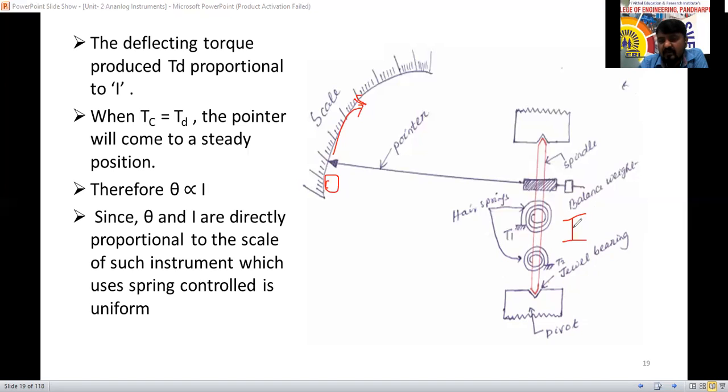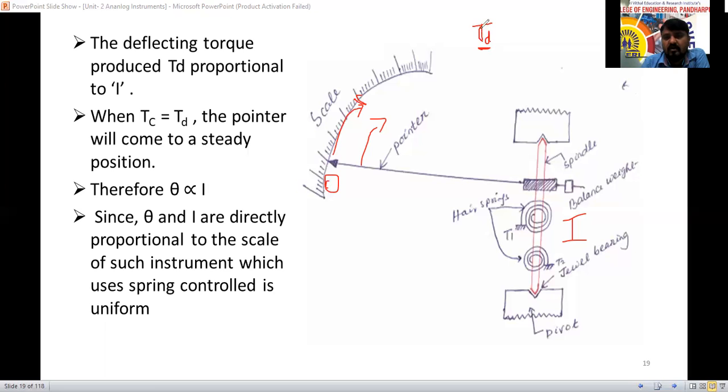Because of supplying the current into this coil, the pointer will start to deflect from 0 value to the non-zero value. So this deflection is called the deflecting force. The initial condition by which the meter operates is called the deflecting force or deflecting torque, called TD. Can I call it TD? Yesterday's discussion: the pointer will deflect to show the value. Yes or no? Deflecting torque, yesterday we discussed. Unmute and speak out.